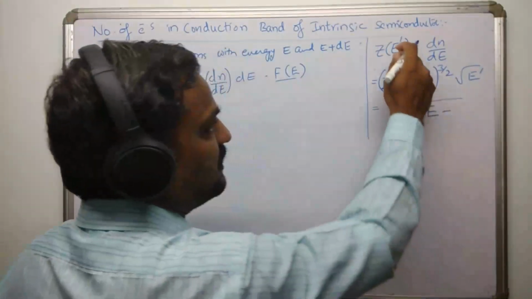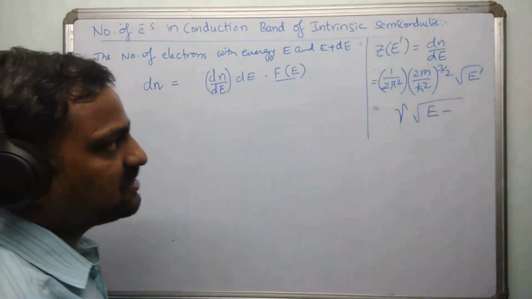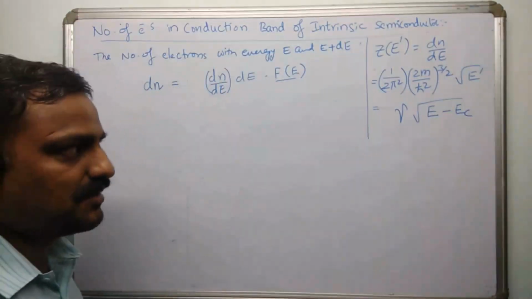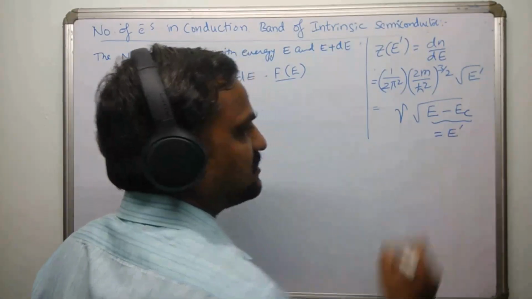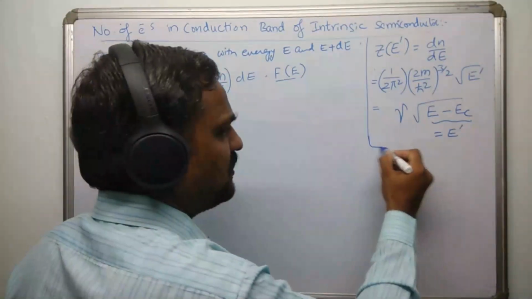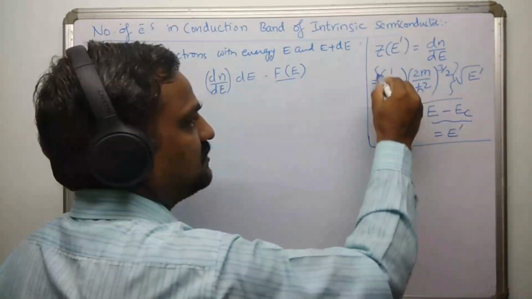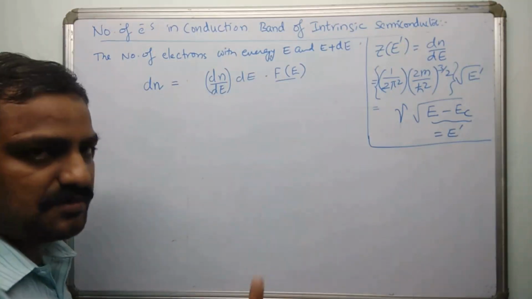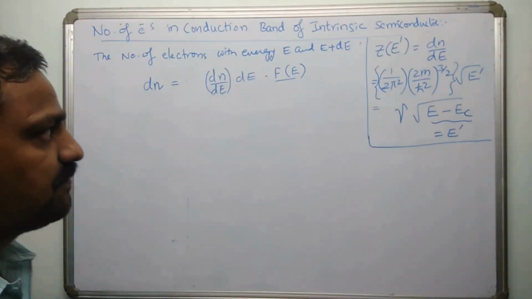I know that E dash, as we have derived in the previous shot, is nothing but E minus EC. All the energies are measured with respect to the conduction band edge. But this term you can easily recall is E dash, right? So what is this gamma, you may ask? Gamma is nothing but the multiplicative constant. This bracket term is what you are going to call gamma. Of course, later after the end of the derivation, I'll be putting back the same gamma. So please keep it aside.